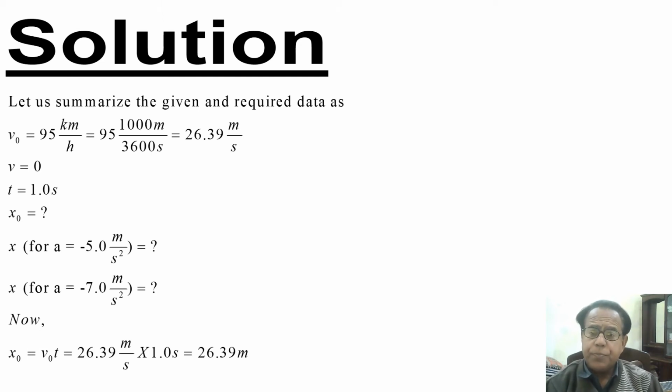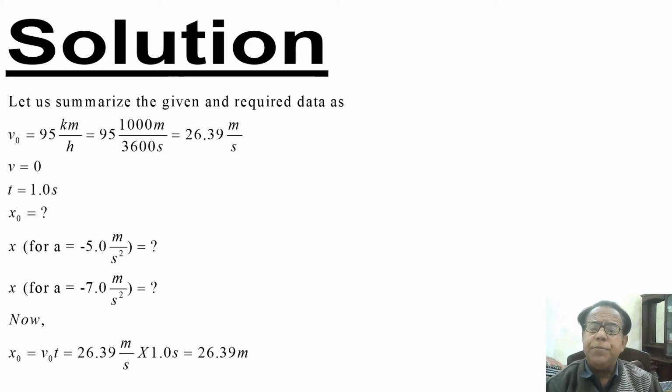Solution. Dear students, first we bring our data in a concise form, in which some things are given and some things are to be determined. Here we see what quantities are given and which quantities are to be determined. So let us summarize the given and required data as: